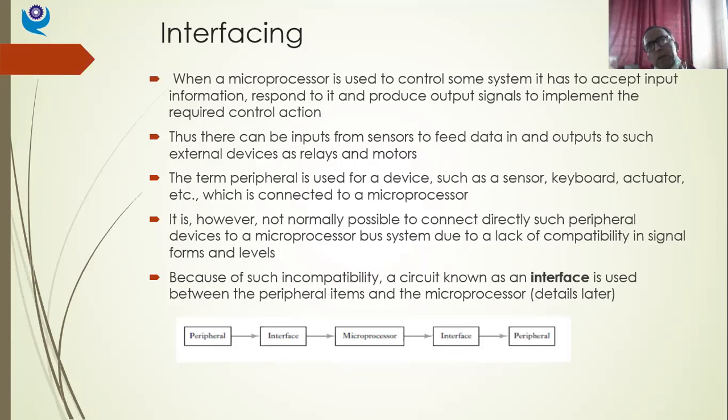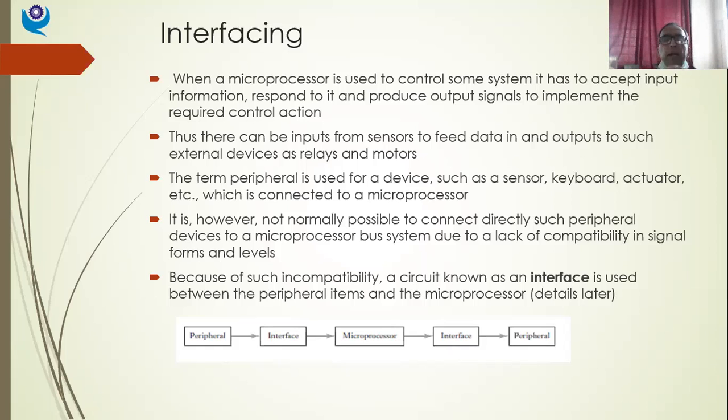Now, this keyboard, mouse, other digital pad, all these are called peripherals. So these peripherals will be generating certain signals, which might be analog. Those need to be converted into digital form, or a binary coded decimal, maybe a hexadecimal. So whatever is the requirement for a microprocessor, that input data, which is either given by a sensor transducer, or which you as a control engineer will be inputting through your keyboard and mouse.